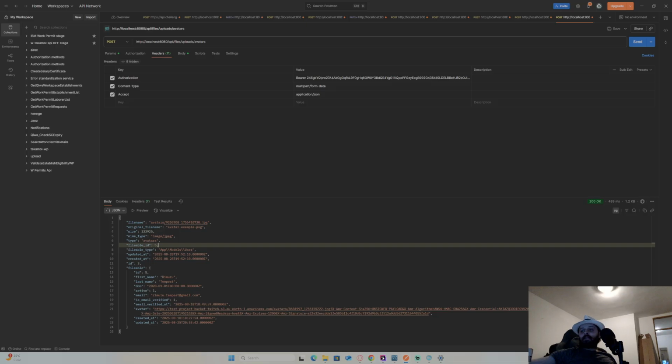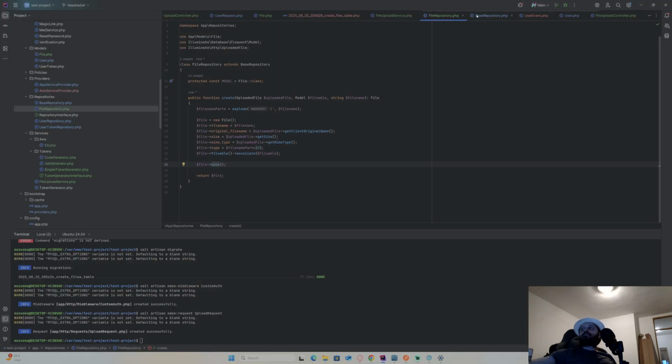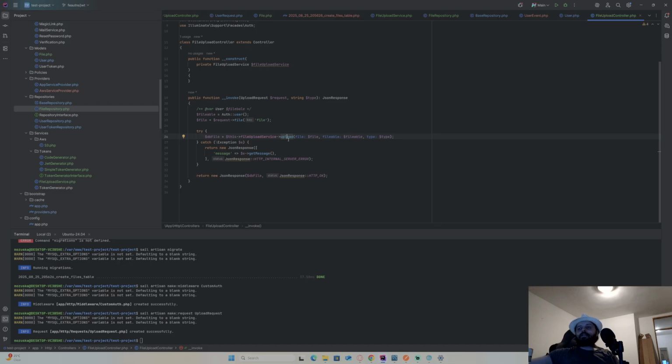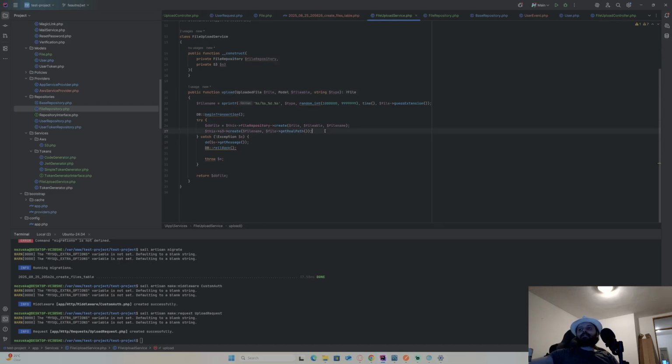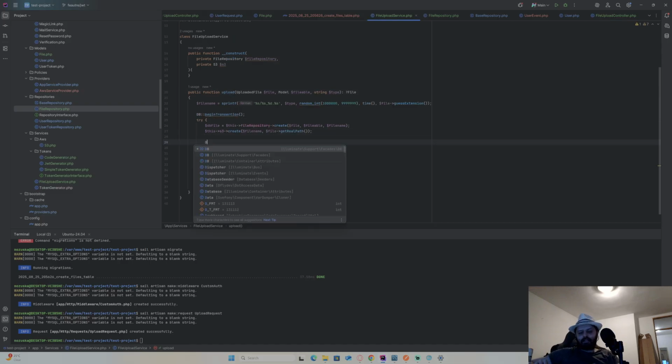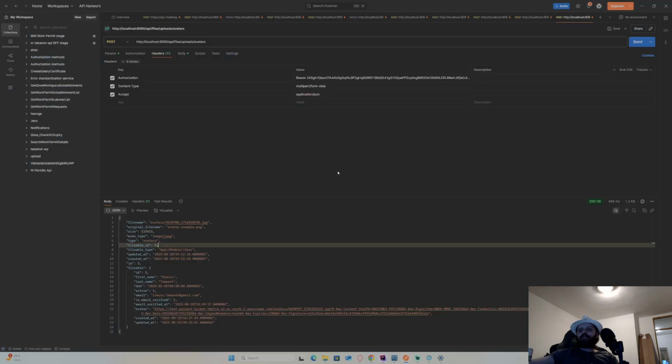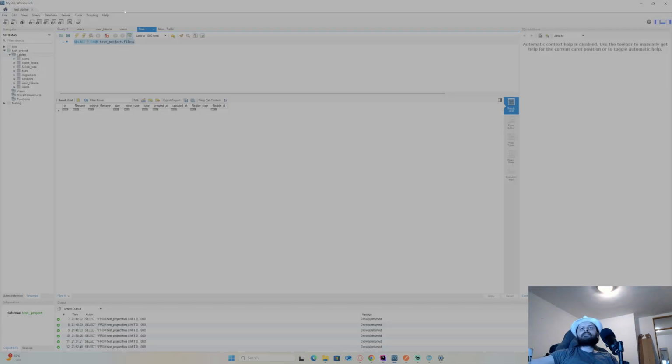I do have commit, or did I forget commit? Maybe I forgot to put commit in my controller, in my upload service. Yes, I did. That's when it's saved. You are created, but you're not saved to database because there's no commit. Now you should be fine. Yep, there you are. Okay, so I have everything I need here now.